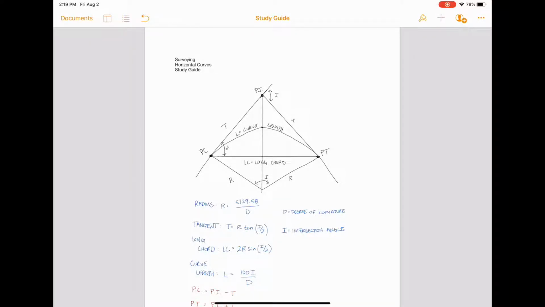So in this video, we're going to be going over horizontal curves. And to make your life a little bit easier, I decided to put together this study guide just so you can have the visual and all of the equations in one place. And so the thing about horizontal curves is